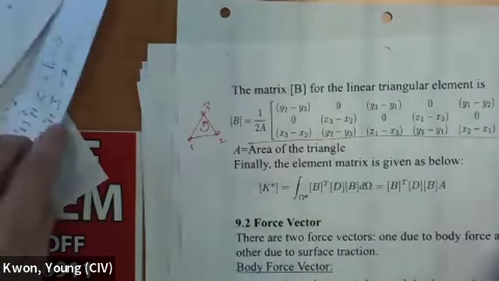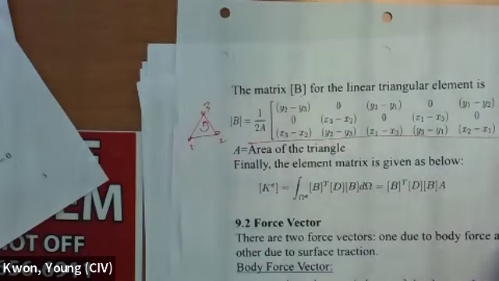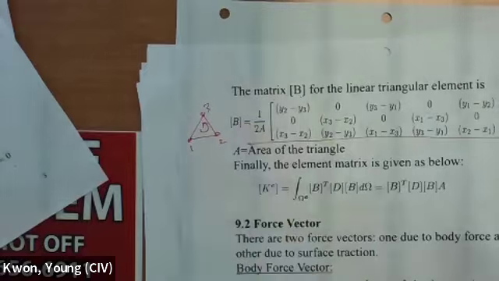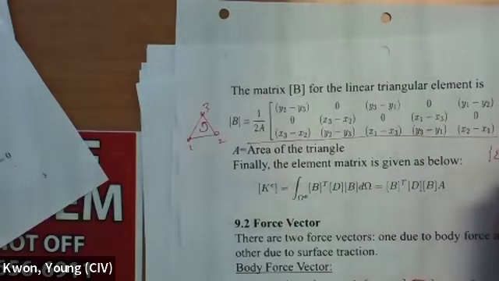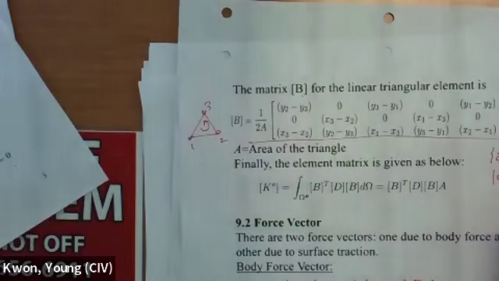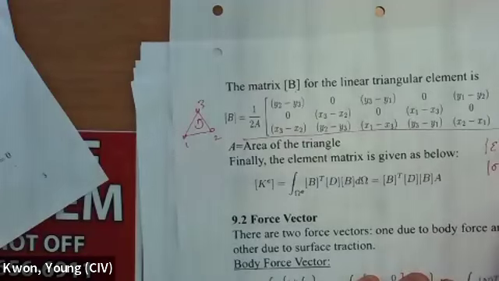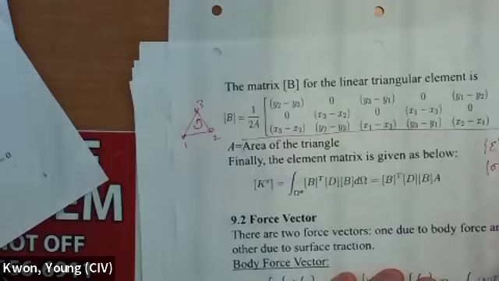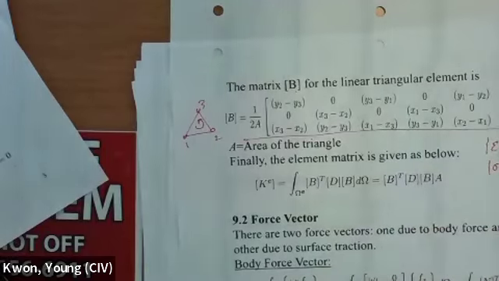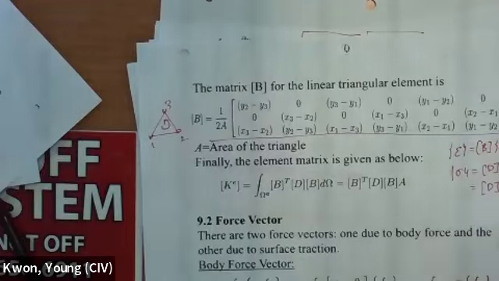Then what does it mean? This has a very interesting and important property. Strain is B times the nodal displacement, and stress is T times strain, or T, E, and the nodal displacement. Those are the nodal displacements, nodes 1 to 3, displacement U, V, W. That's just a constant column vector, whatever the displacement. But if you look at that,